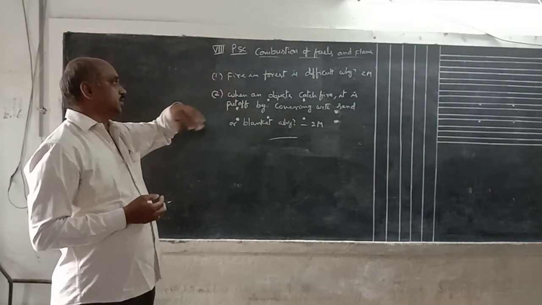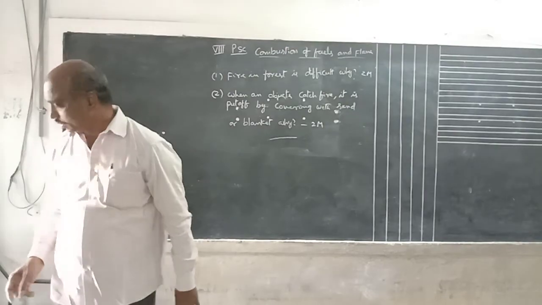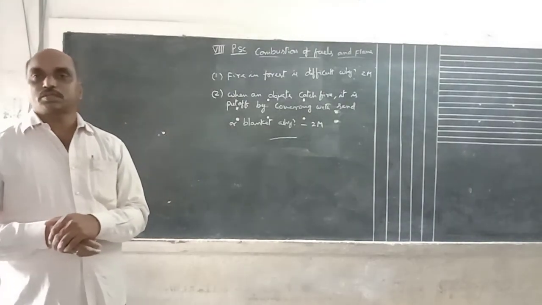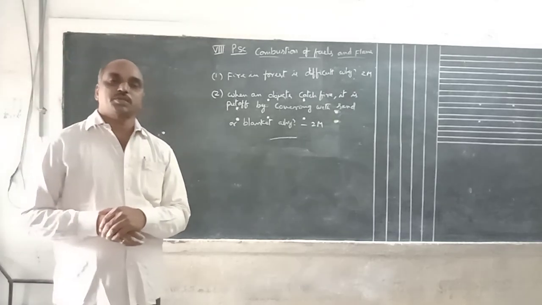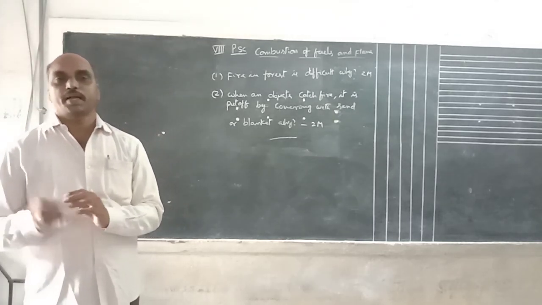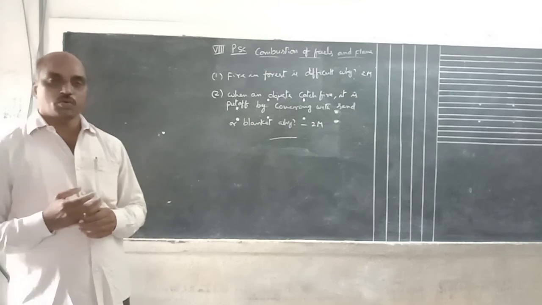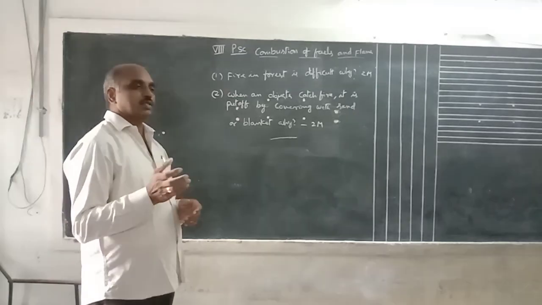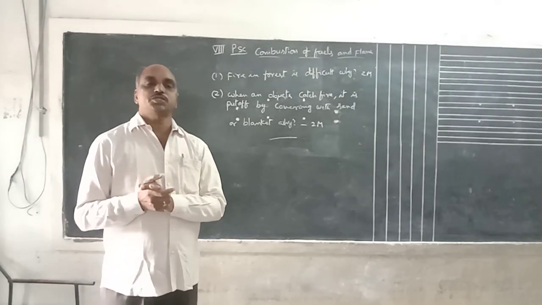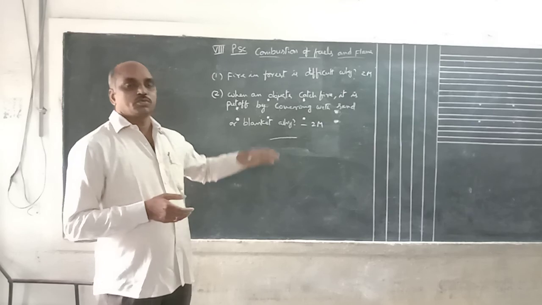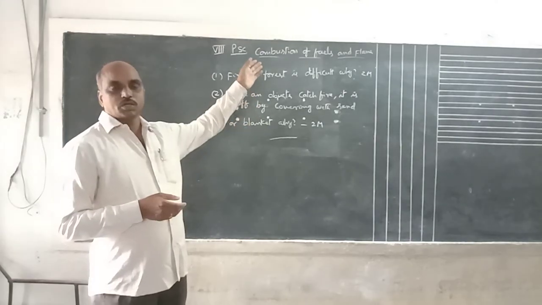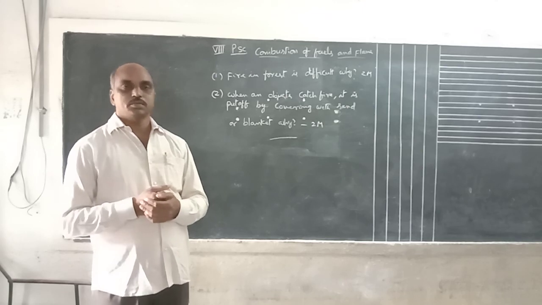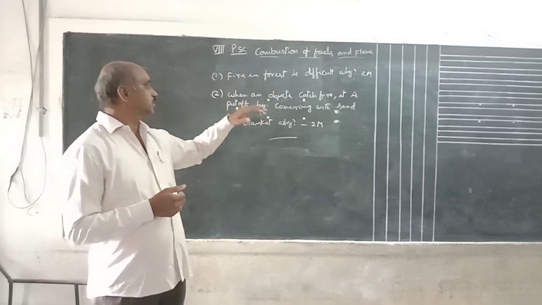Fire in a forest happens and it is difficult to control. Why? A thick forest means so many waste stem parts, branch parts, dried stem parts and dried leaves are spread over the ground. Another important thing is that during photosynthesis, more oxygen gas is accumulated near the stem part. So once they catch fire, the oxygen gas helps the fire spread immediately. That's why it is not controlled immediately. Second one, this one.